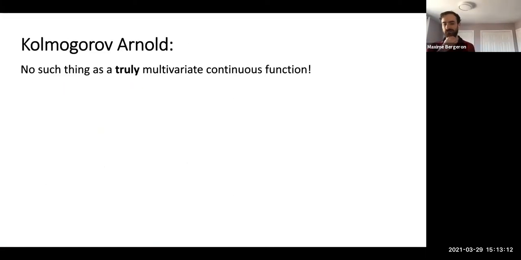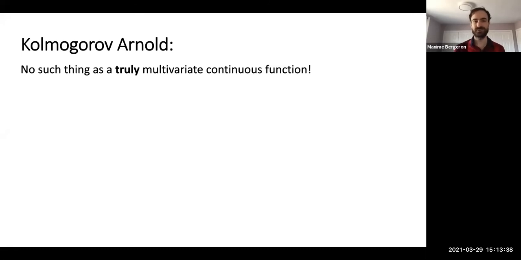So here's the funny thing. Kolmogorov and Arnold came along and said, hey, Hilbert, there's no such thing as a truly multivariate continuous function. That seems like a counterintuitive statement, and it is stated tongue-in-cheek. I've asked some Russians to read their original papers, and they say it's kind of said as a joke when they said, yeah, we solved Hilbert's 13th, but they purposefully slightly misinterpreted it to talk